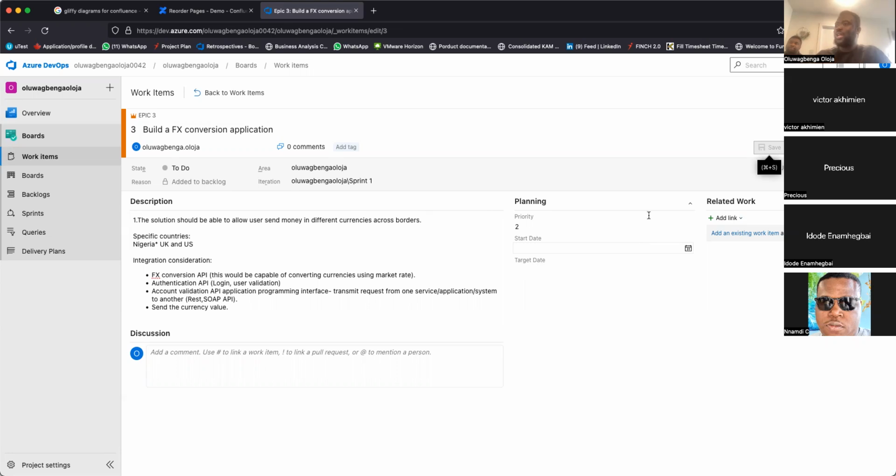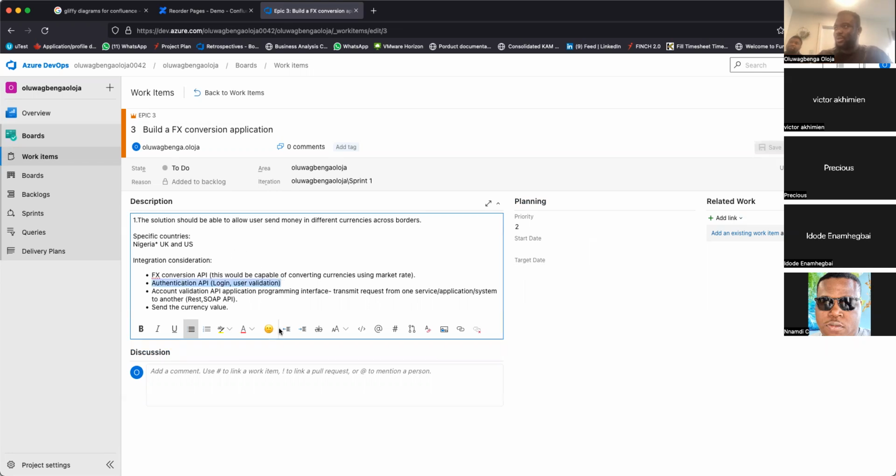If we have a robust discussion, we can even break it down: one epic for APIs, another epic for FX conversion, the ability to convert different currencies, another for user authentication, all of that. I just want to keep this as simple as it can be, just for us to make progress.